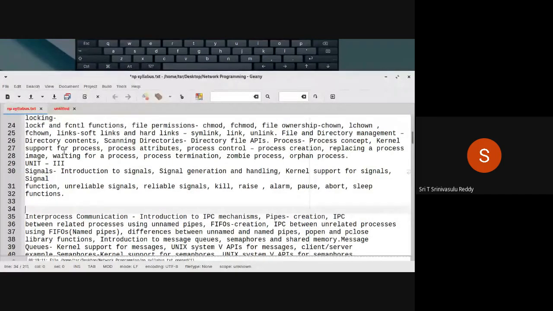Up to this, the first mid, and this is the second mid syllabus.